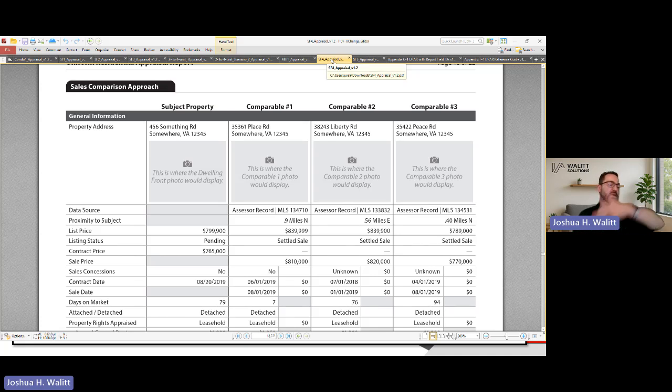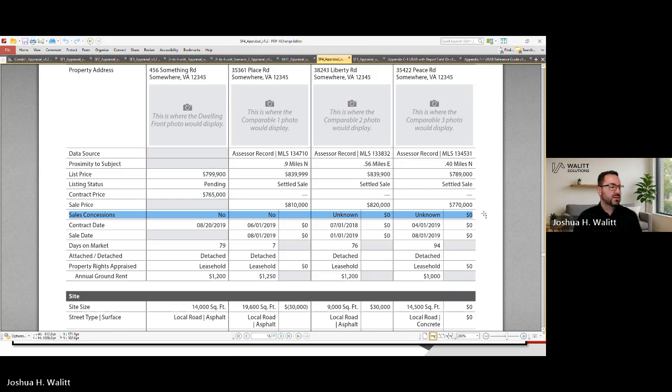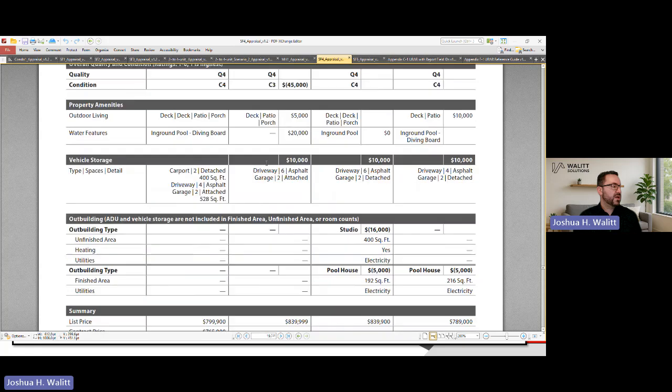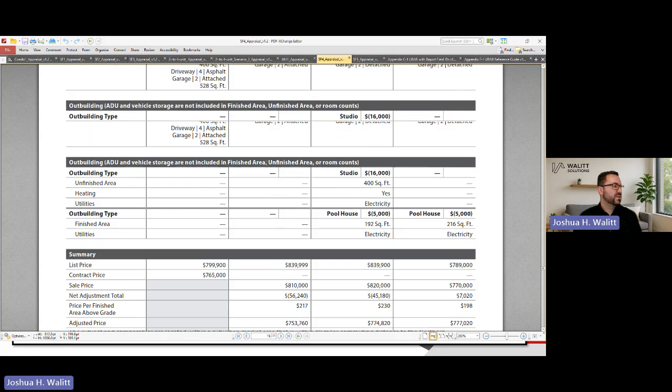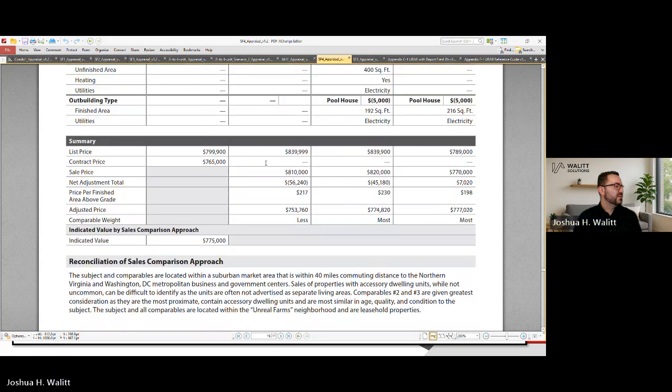And there's probably, just off the top of my head, 30 example reports out there. We're looking at this particular one, and here is concessions. All right. And we get to the bottom of the grid. This is that complex one. This one actually extended, it looks like, about 2 pages because it had an ADU, it had 2 or 3 outbuildings. They chose to expand a lot to show the quality and condition factors, interior and exterior.